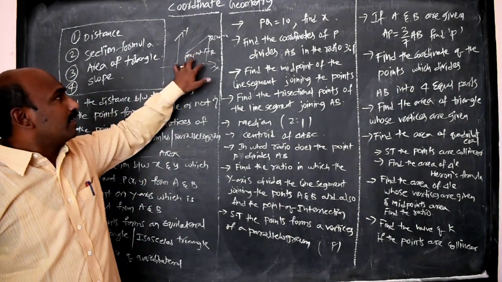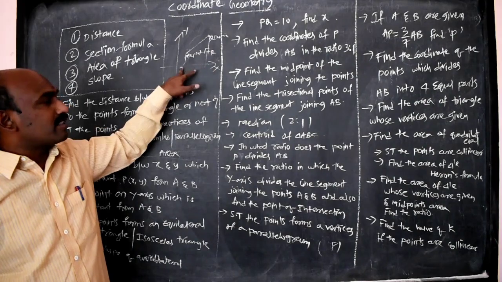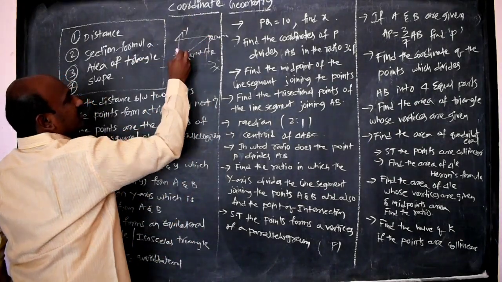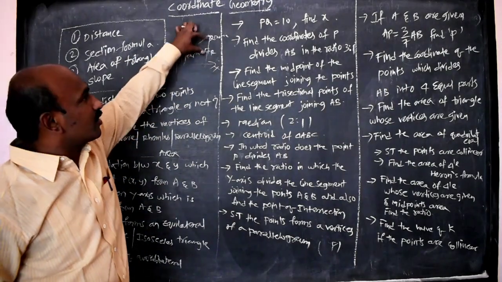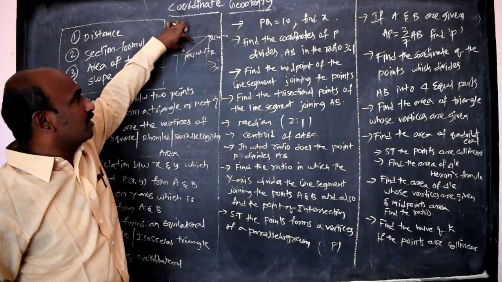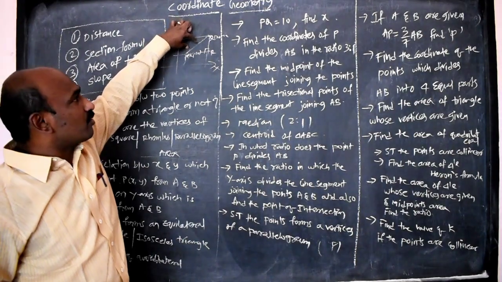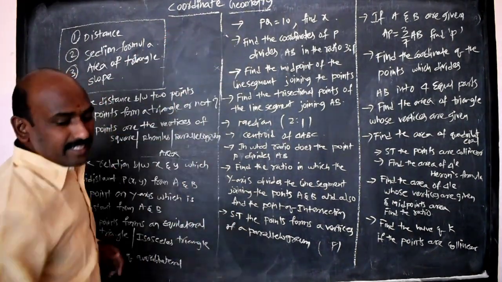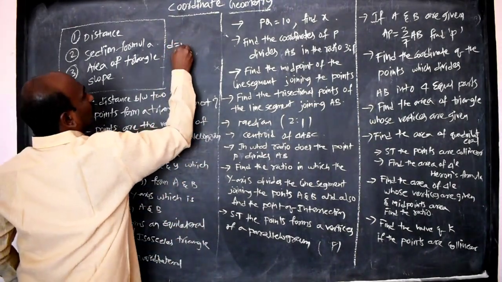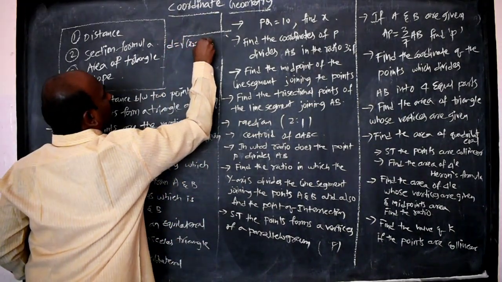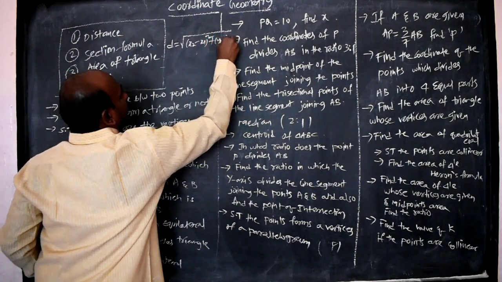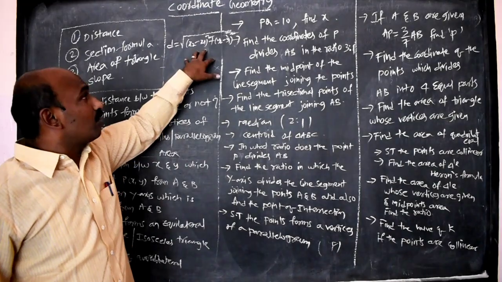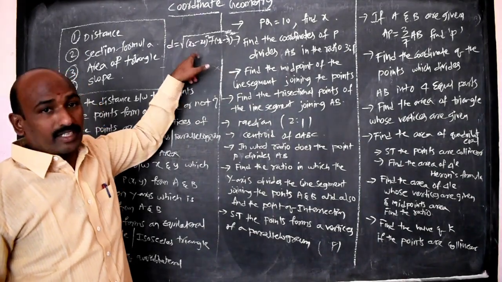By using this, we can find the distance when both points lie on the x-axis, and here also we can get the same distance. How much distance can we get here? The PR distance and the QR distance. By using hypotenuse square equal to side square plus side square, we can derive the distance formula. The distance d equals the square root of (x2 minus x1) whole square plus (y2 minus y1) whole square. This is the distance between 2 points.